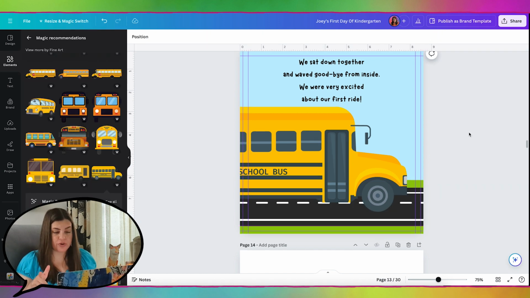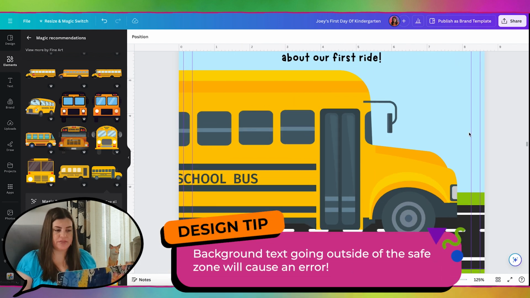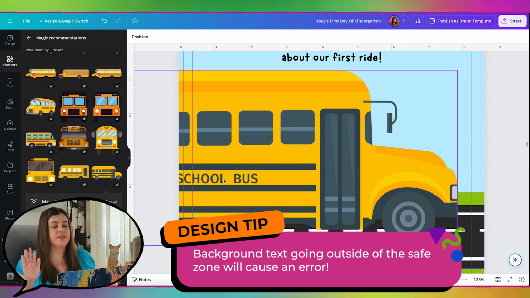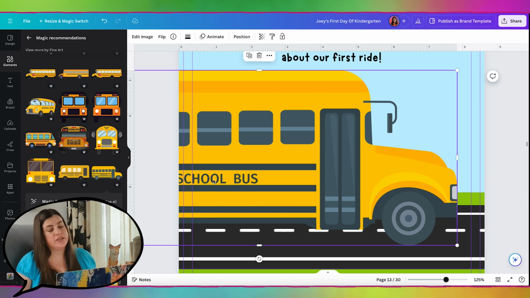Here's something very important that you might not notice about this page, which is we actually have text that is going outside of the safe zone, and that's this school bus text. Even though this is part of the image, Amazon KDP is going to see that, and it's going to throw an error and say that you have text outside of the safe zone. And I have seen this in action, and I've seen books fail because of this. So even if you have text that is part of the background, you can't have it outside of the safe